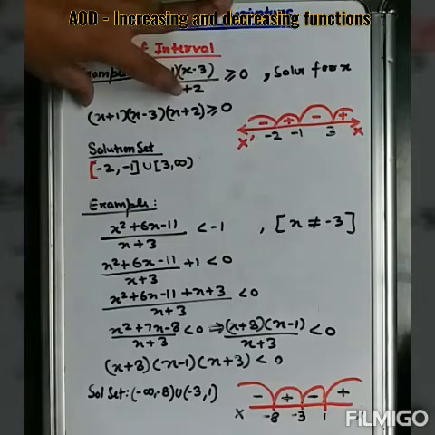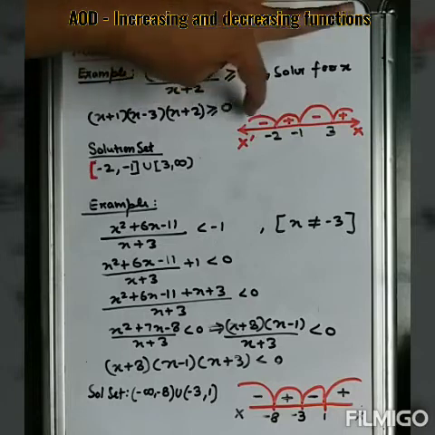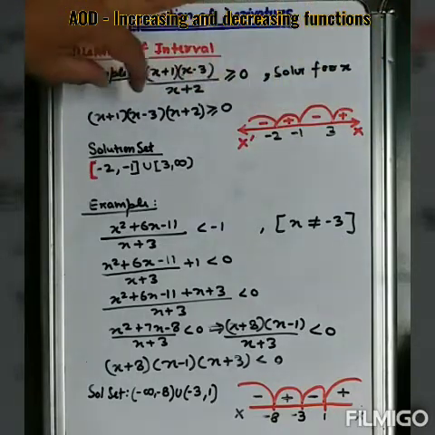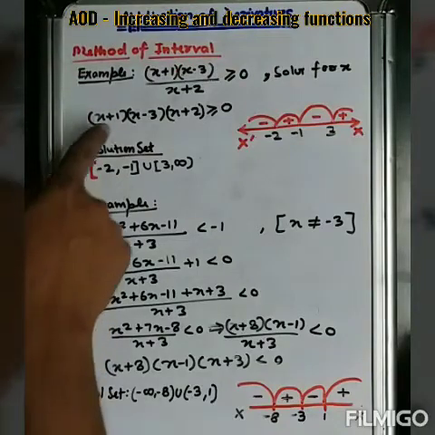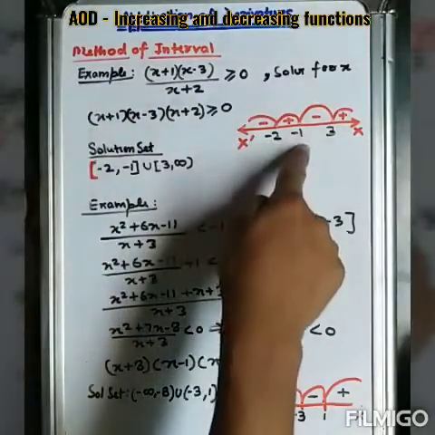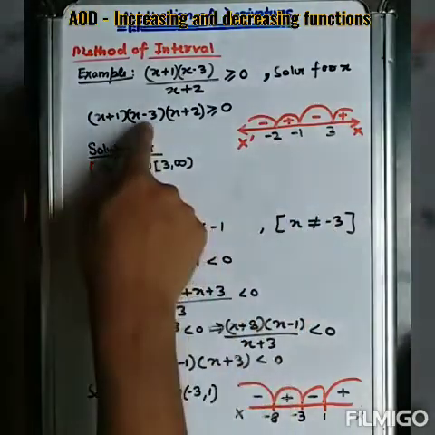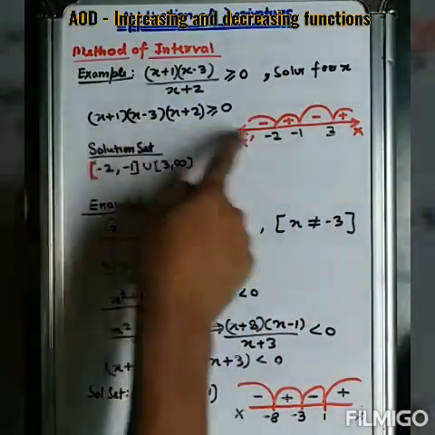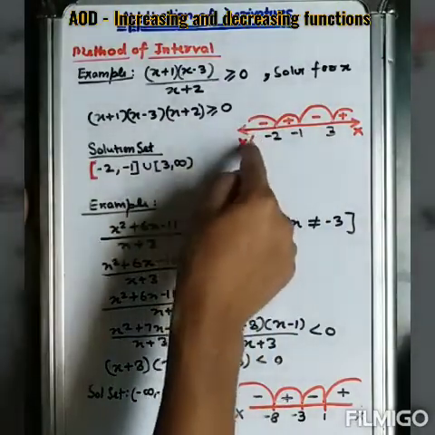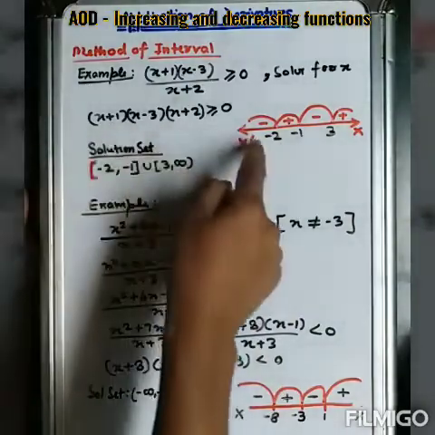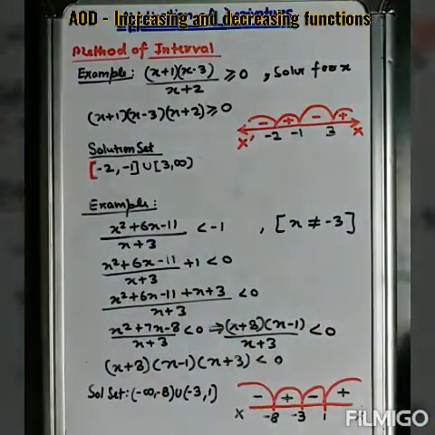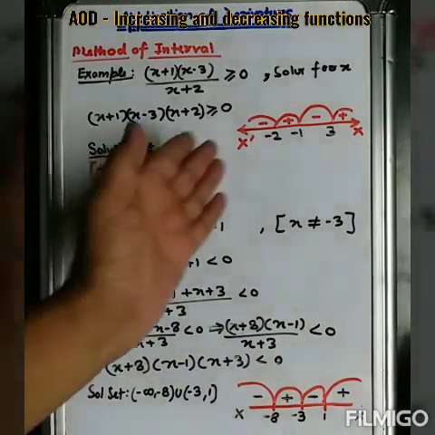These types of inequations are solved by the method of interval. You must be remembering this. So how to solve it? Take out x plus 1 equals 0, so x will be equal to minus 1. Place x equals minus 1 here, x equals 3 from here, and from x plus 2, that is x equals minus 2, here. So write all the numbers, these three values, in increasing order, like we used to place the values, negative first, lower negative, and then the positive side.